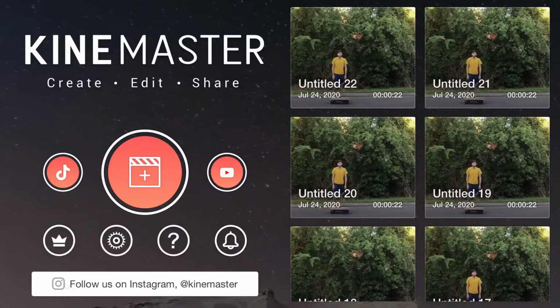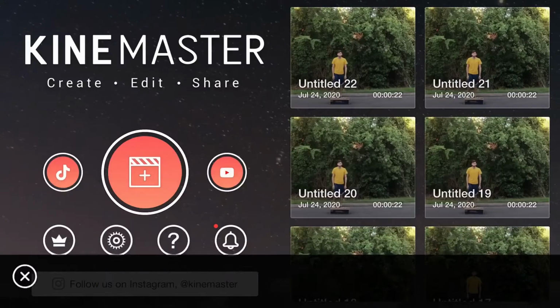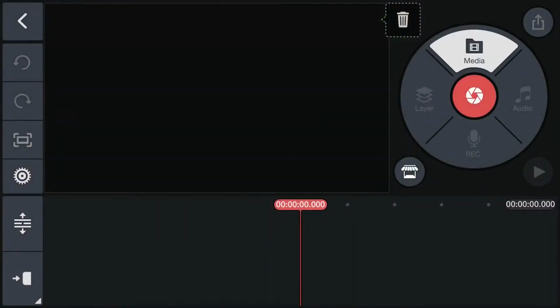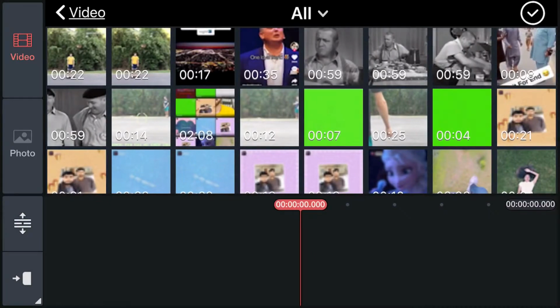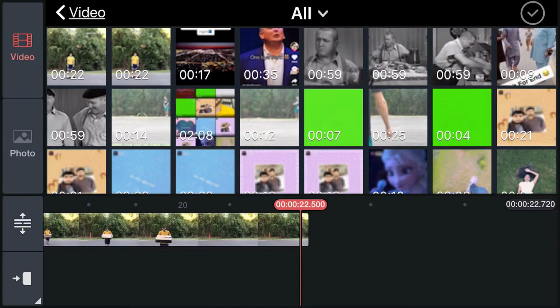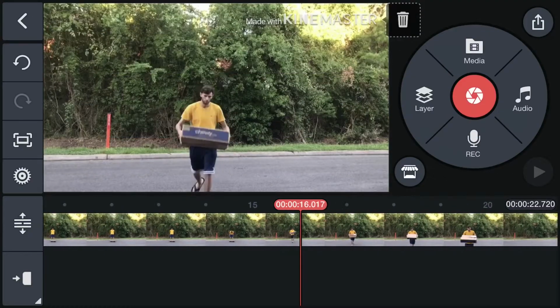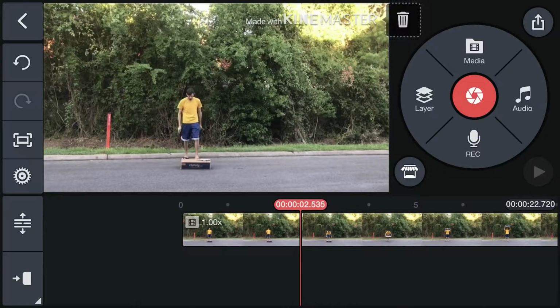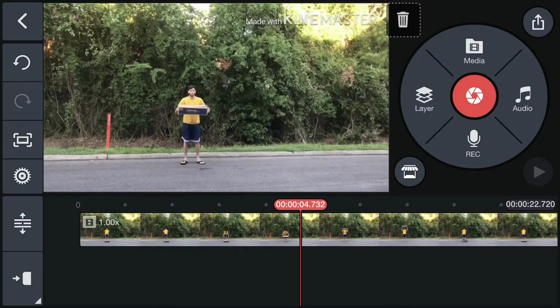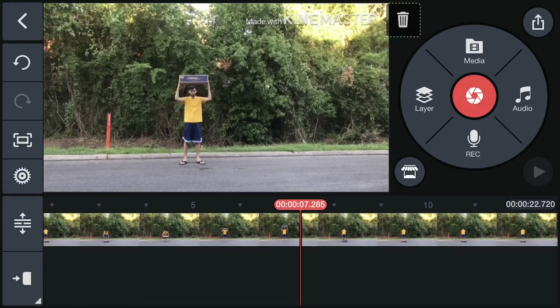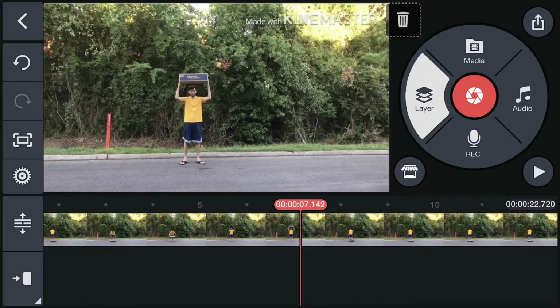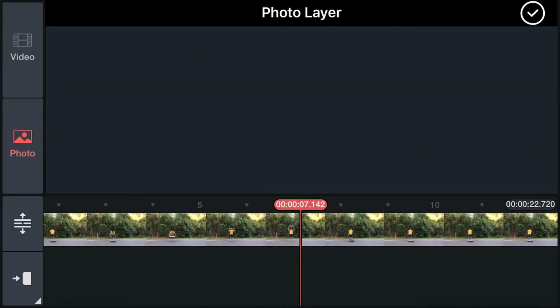Open the KineMaster and select the aspect of the video, and then go to the media and select the video that you want to edit. Select the video and then just find the area that you are dropping the box. Just drop it right where you're dropping the box, and then go to the layer and go to the photos